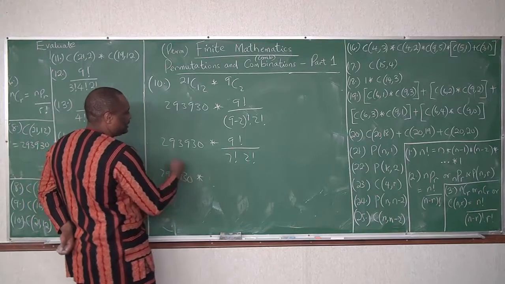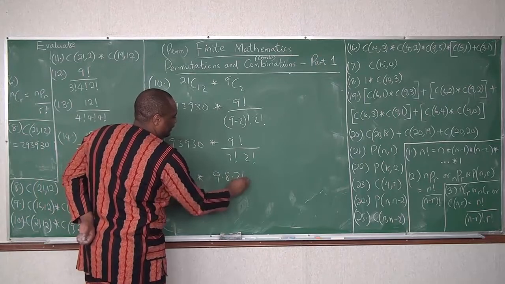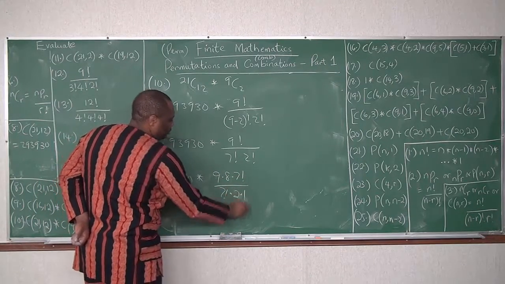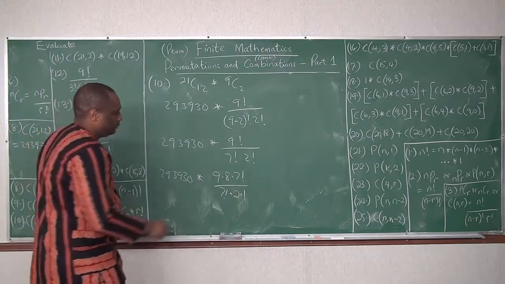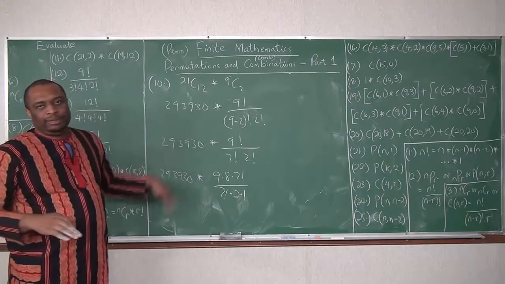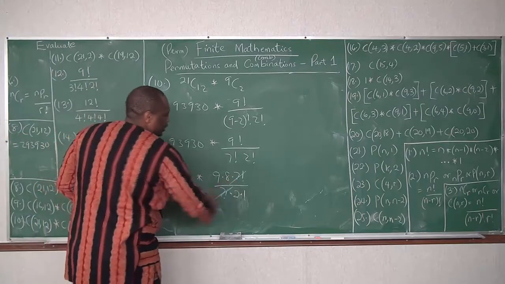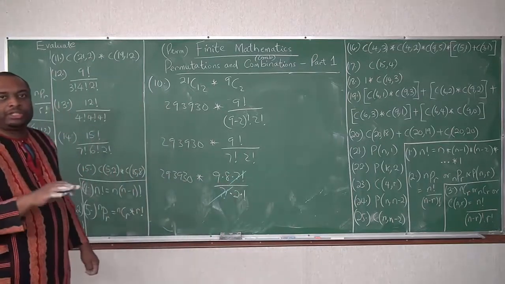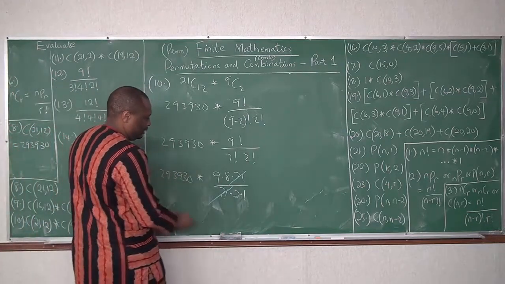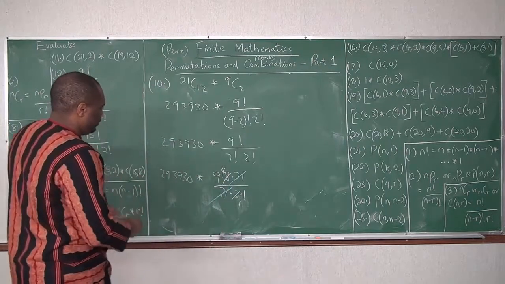Or you can just skip this 293,930 and later on you bring it out. This is 9 times 8 times 7 factorial over 7 factorial times 2 factorial, which is 2 times 1. As you solve more problems, you don't need to write out all these; you shorten your steps. Cross out the 7 factorials. 2 into 2 is 1, 2 into 8 is 4. So you now have